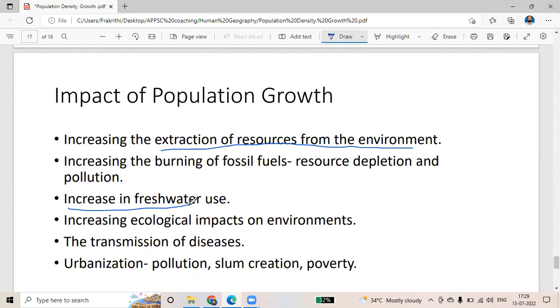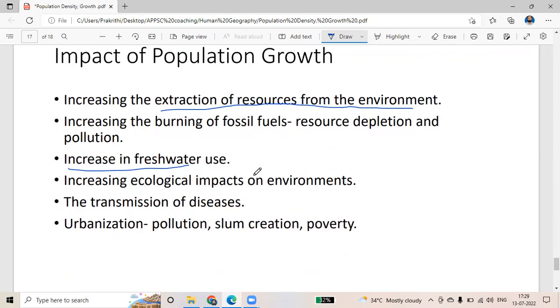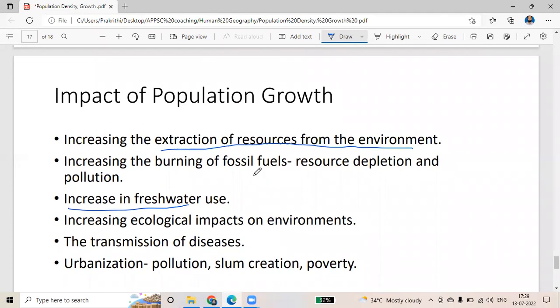Again, the transmission of disease. इसके बारे में हमें ज्यादा बोलने की जरूरत ही नहीं है. We know how the corona has affected the whole world. Now, and final, not final, but another important one is urbanization. तो रूरल एरिया से अर्बन में मैक्सिमम शिफ्ट होगा, mainly after the industrial revolution के बाद. एग्रीकल्चर से मूव होकर we had moved to some urban areas because it gives more employment opportunity, better living condition. ये सब सोच के there is growth in the urban area.